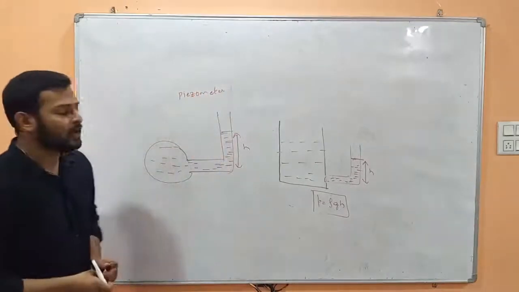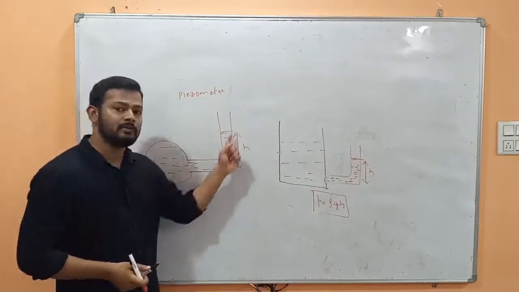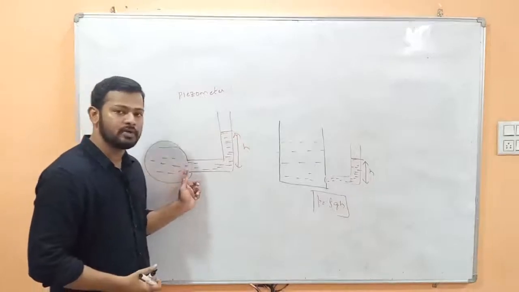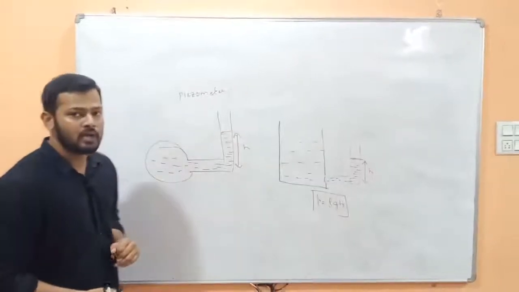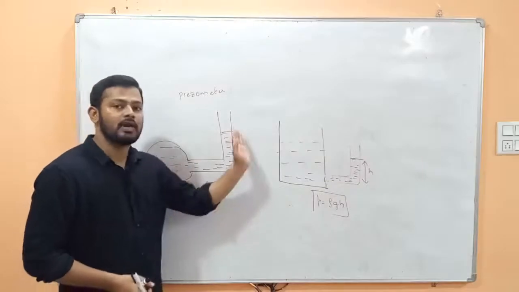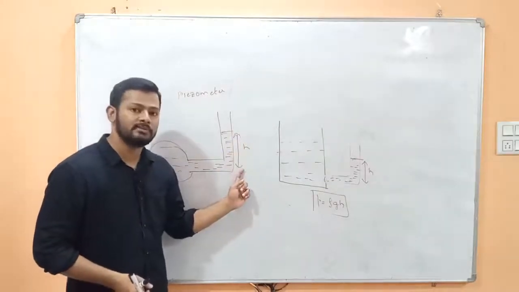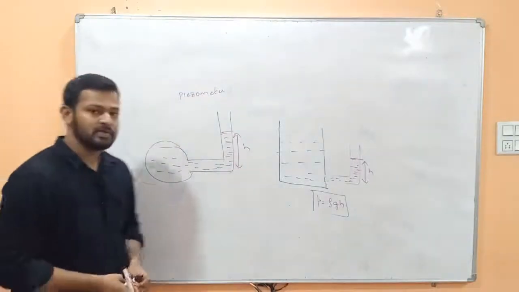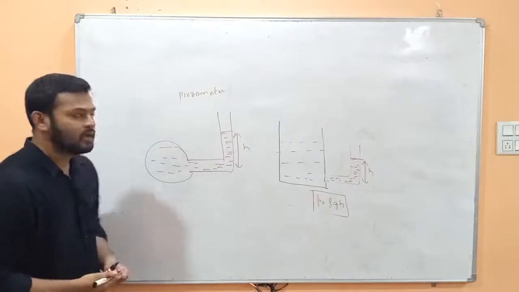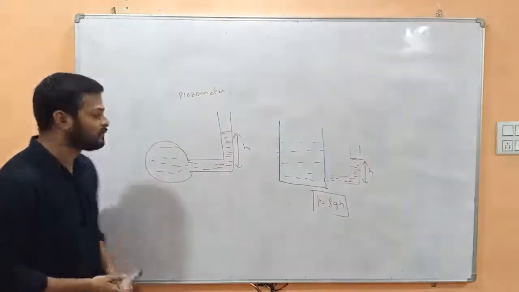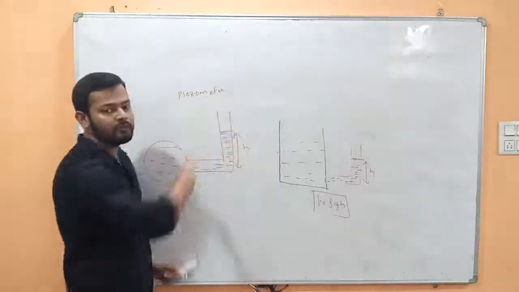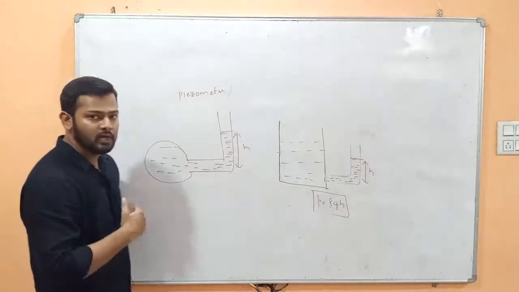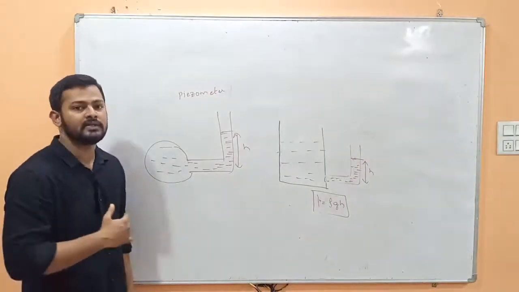So what can I write down? I can write down that a piezometer is an L-shaped glass tube whose one end is connected to a point where the pressure is to be measured and the other end is open to the atmosphere. Due to the pressure, the liquid will rise in the glass tube, and this height of liquid which has been raised can be used for determining the pressure. Now there are two limitations of this. The first limitation is we can't measure very high pressure, because if the pressure is very high, this liquid will overflow from the glass tube. And the second disadvantage is we can't measure very low pressure, especially pressures less than the atmospheric pressure.